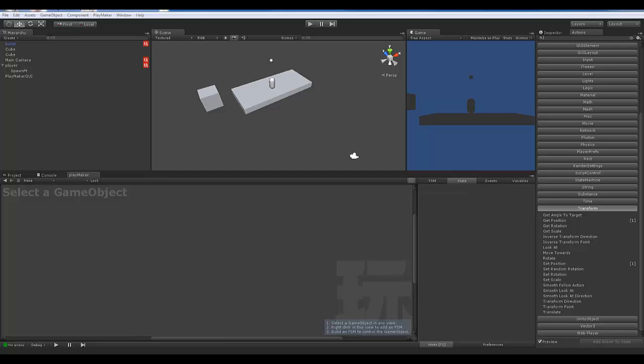Hey guys, variety is the spice of life, and one of the things we can do to add a lot of variety to our levels is add moving platforms. Now what I'm wanting to do here is introduce two concepts. One is going to be our moving platform, and then the second one is going to be something in Playmaker